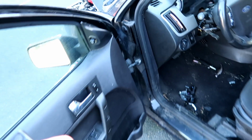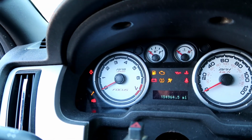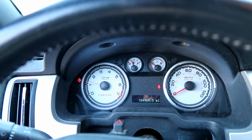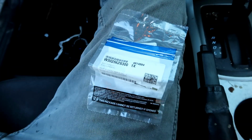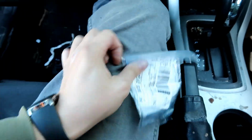New battery is installed. I got more or less everything kind of connected. The back end, the only thing is the plastic pieces and one more bolt. So let's try it now. There we go. There we go. So it's running. Now I could put these covers on, but before the covers we need to install this bolt